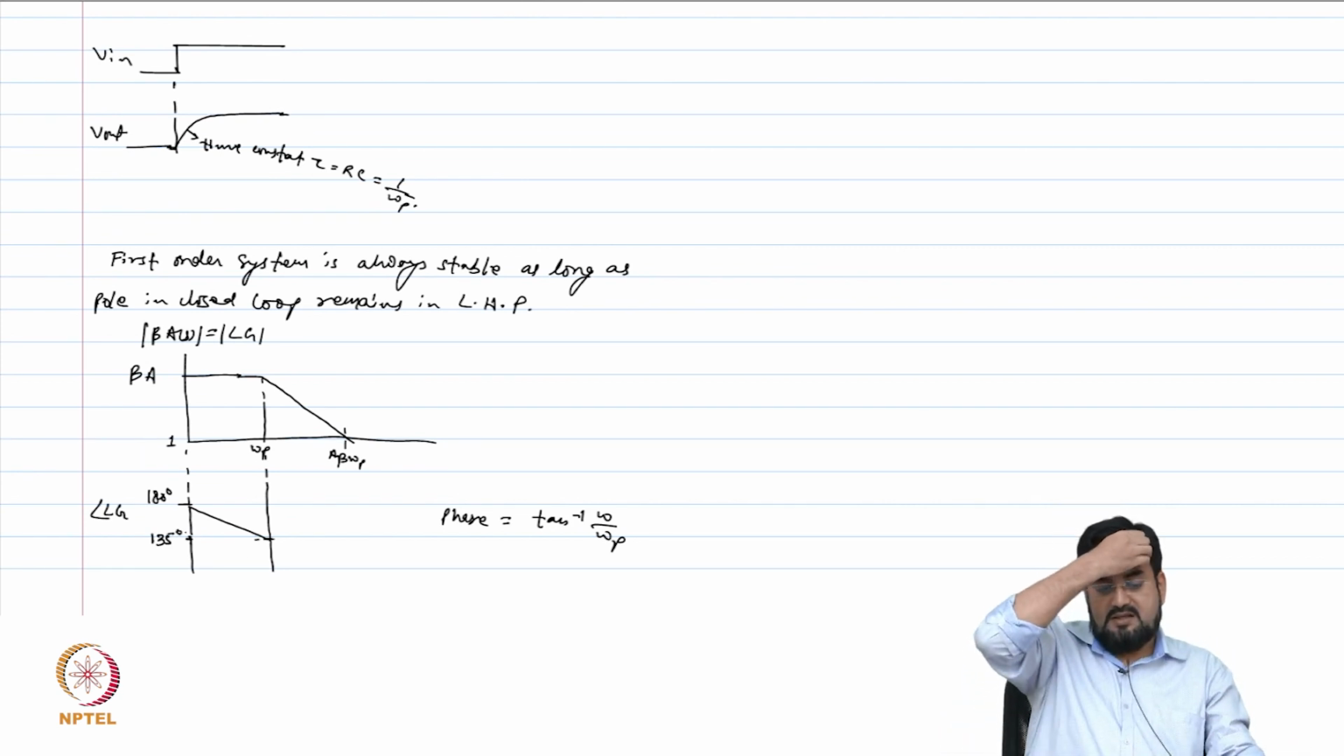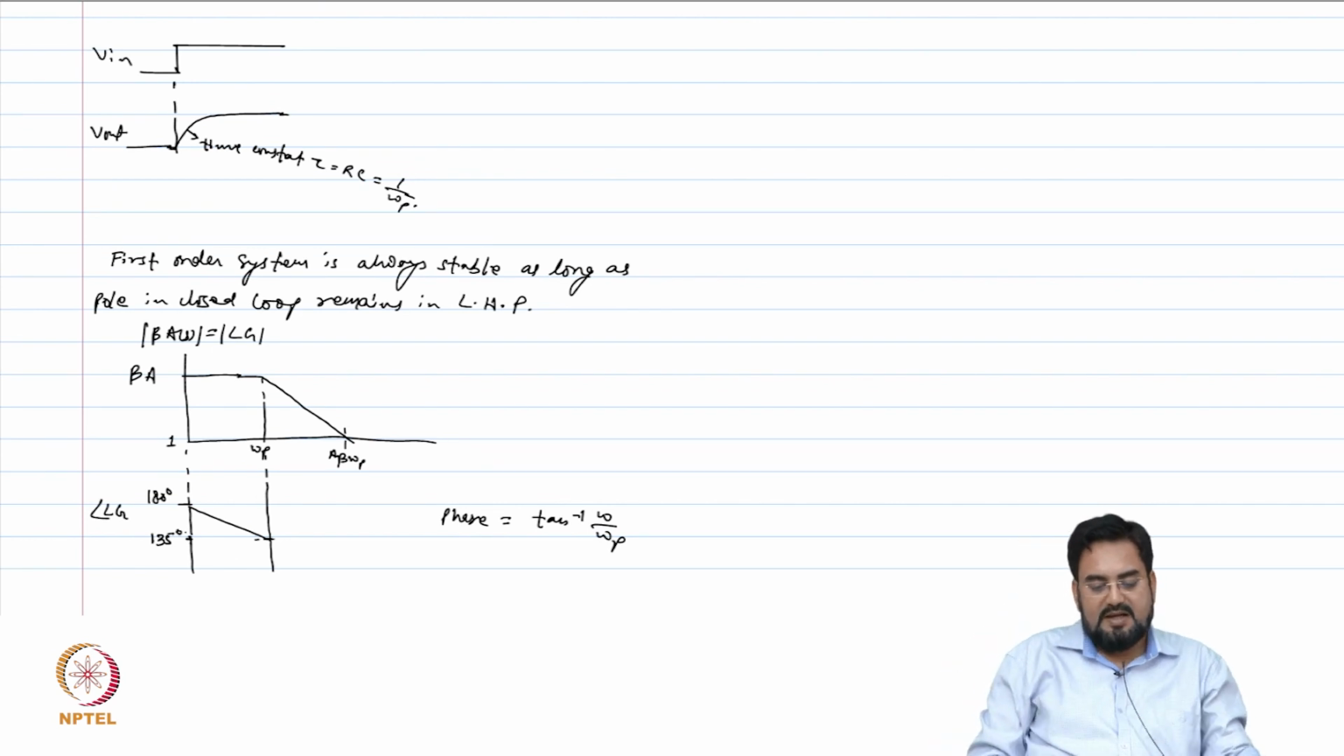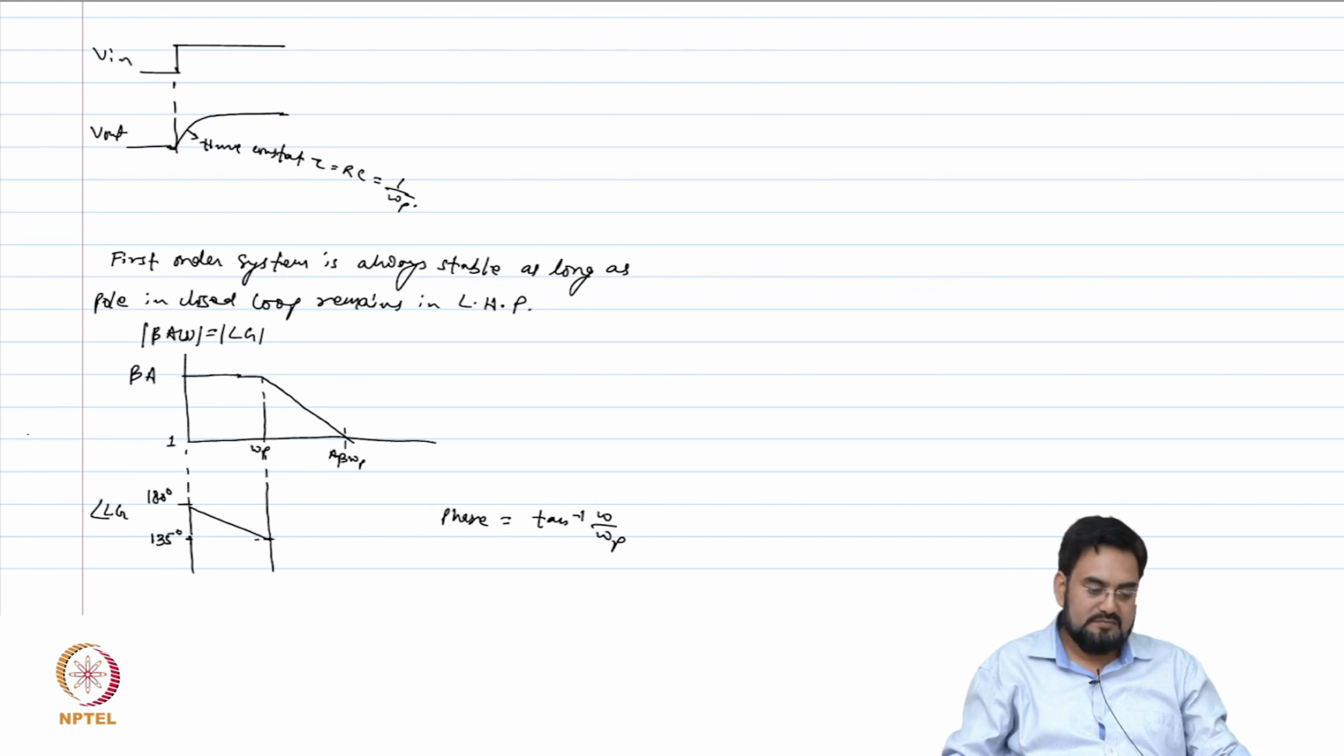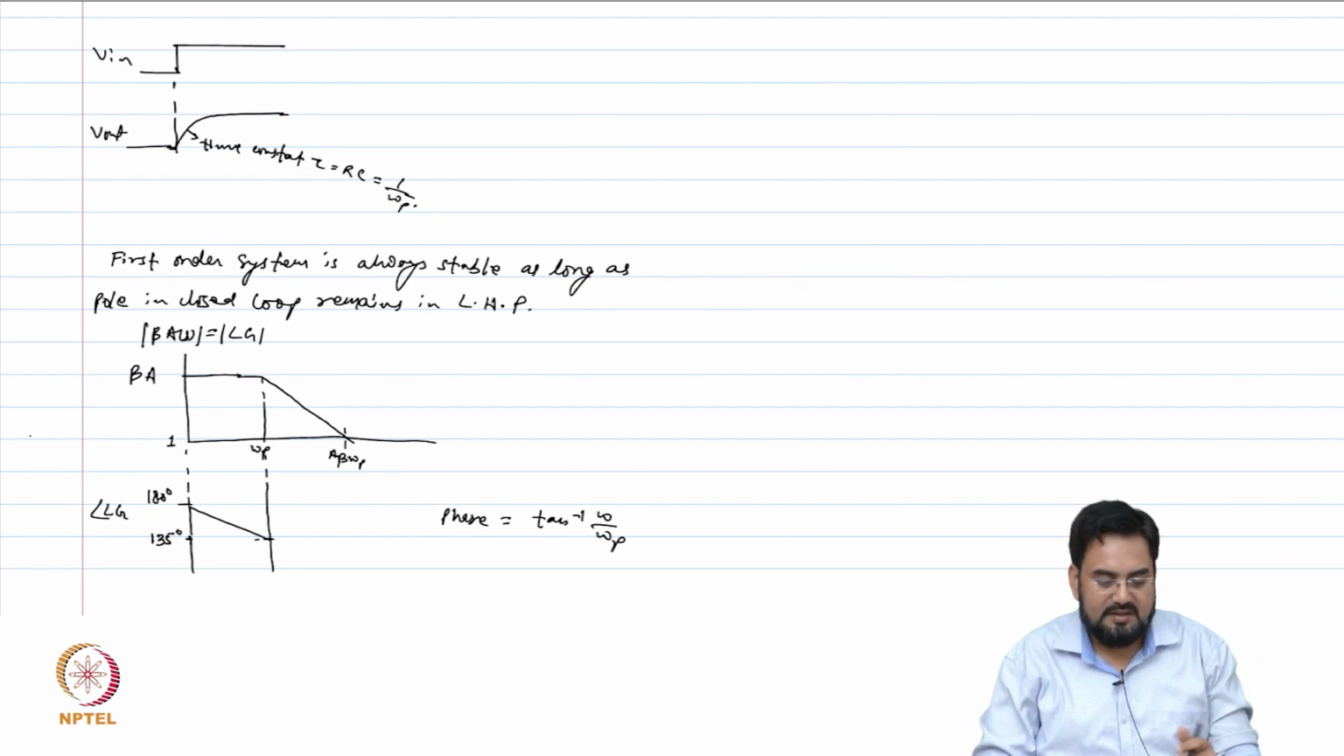Now if you make omega equal to 10 times omega p, how much is that? Tan inverse 10. Should be around 85 degrees, around 84 degrees. But usually you say that, I mean,